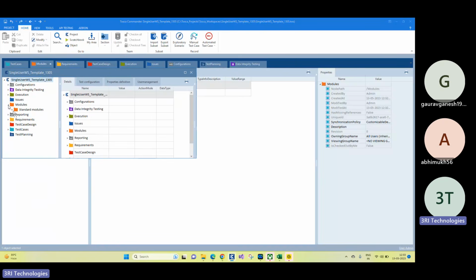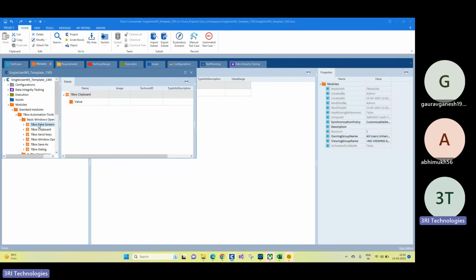There are some generic operations that we perform in automation, common operations such as opening a browser, or launching an application, then closing browsers, minimizing your window, maximizing your tab. We have some set of modules for those things.